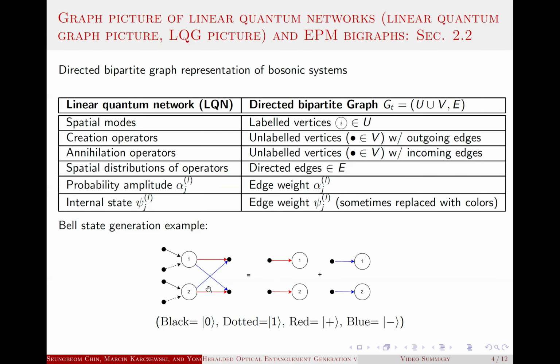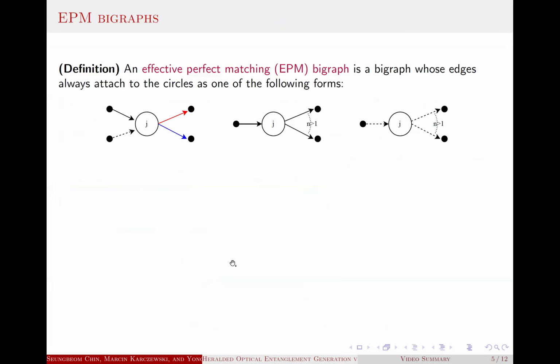And this example was a very simple one for our graph representation for expressing the very simple scheme to generate the Bell state. And it will be useful when you actually work with more complicated multipartite cases. To do that, in our NPJ Quantum Information paper, we defined a very special set of bipartite graphs, which